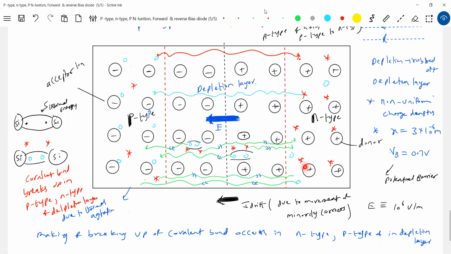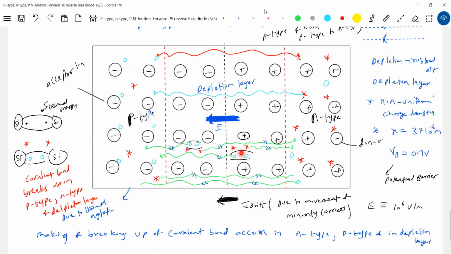Means, sir, can this electron be captured by this hole? Yes, it can happen, but we are not interested; it's of no use for us. This particular electron when moving can be captured by this hole. Yes, it happens, but we are not bothered. Now here breaking occurs. Due to breaking, minority carriers are generated. What about making? The majority carriers make it when they are moving, and a majority carrier can be captured by a hole.